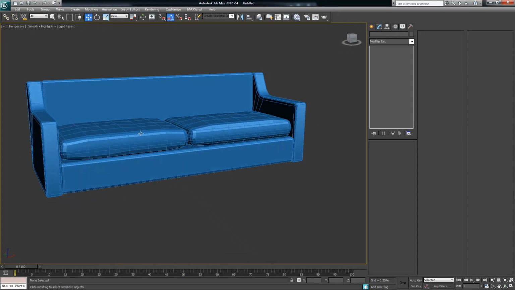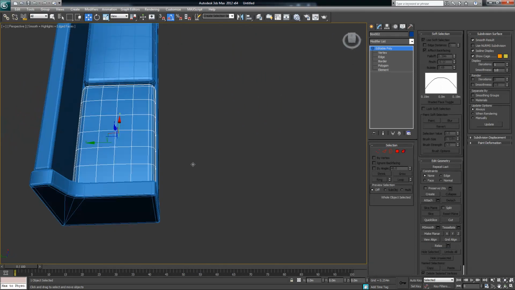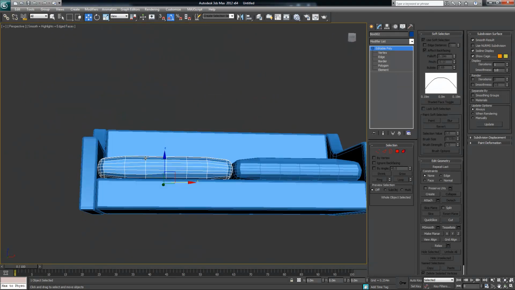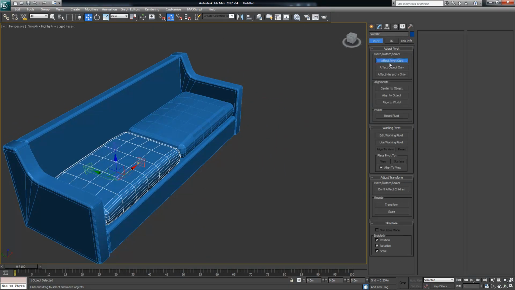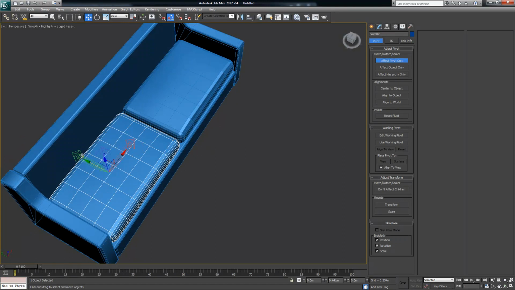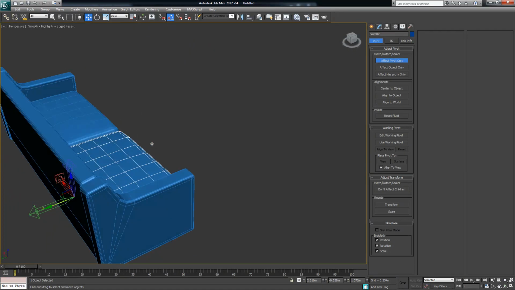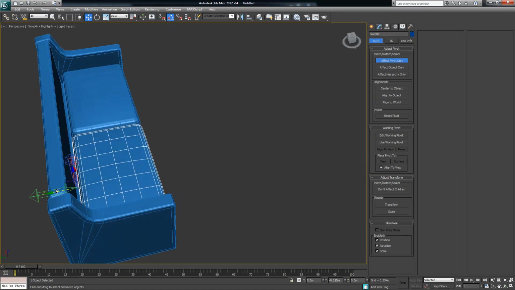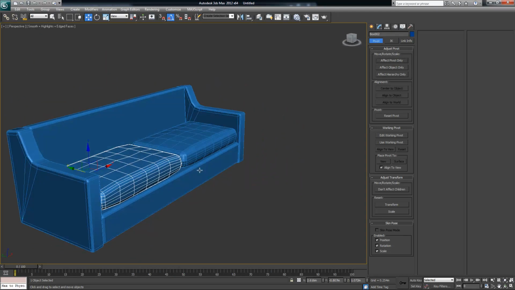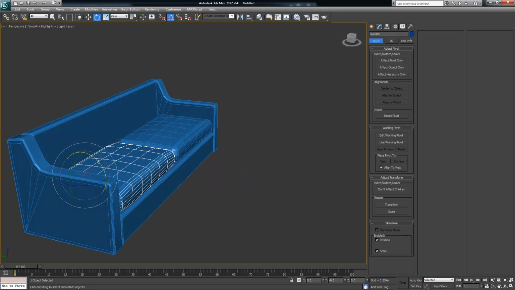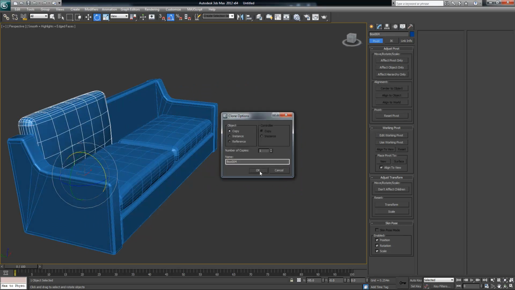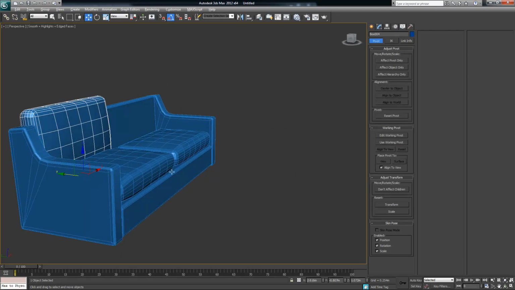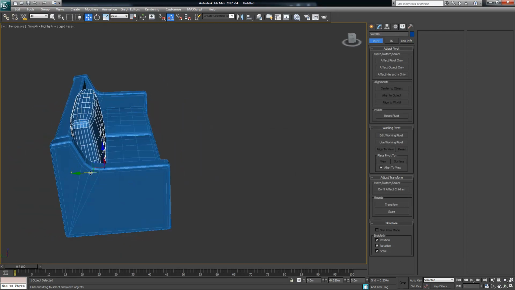And now I can reuse this because I don't want to remake those for the back, so I'm going to go ahead and select my pivot point. I'm going to say Effect Pivot Only. I'm going to move my pivot point here back to be the base of the cushion, and you'll see why I'm going to do that here in a second. And then now I'm going to hit the E key for rotate, and I'm going to hold down my Shift key, and I'm just going to rotate that guy up to make a copy, and then I'm going to position it into place